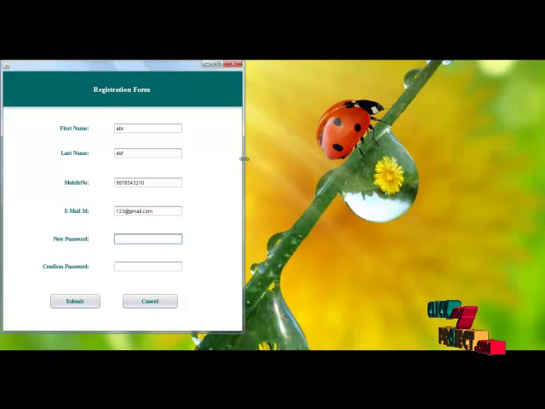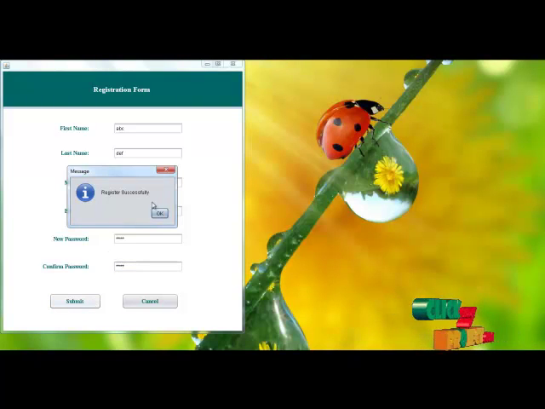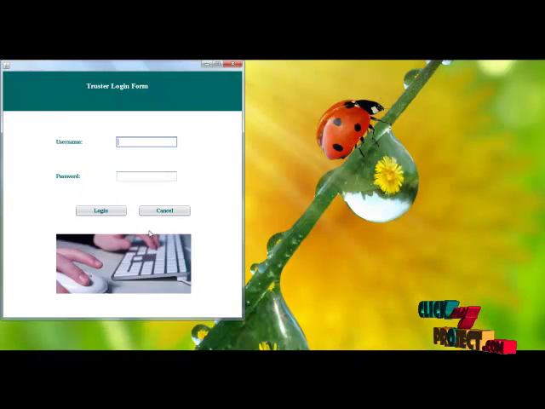Then enter the password. Then confirm the password. Then submit. Then it registers successfully in the database.